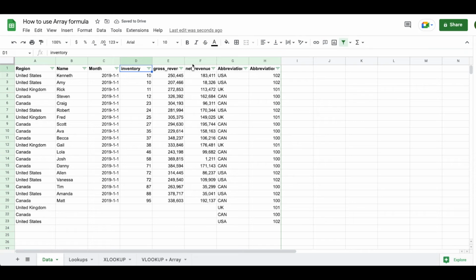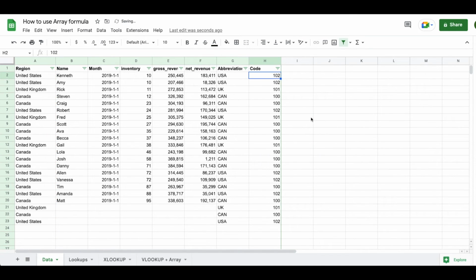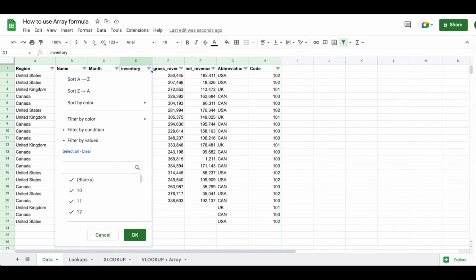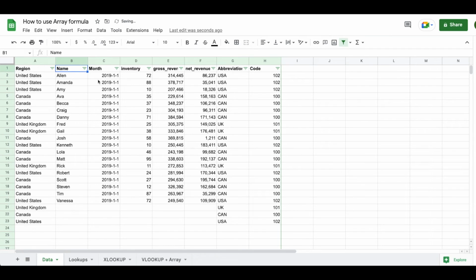The same way that this country code column has not been impacted this entire time, which I should have noticed earlier, is now how the abbreviation column is functioning, where you can sort these any way you want to. Now I'm going to start sorting this name column, and you can see that my lookups are not changing. They are all remaining consistent with one another. So, long story short,